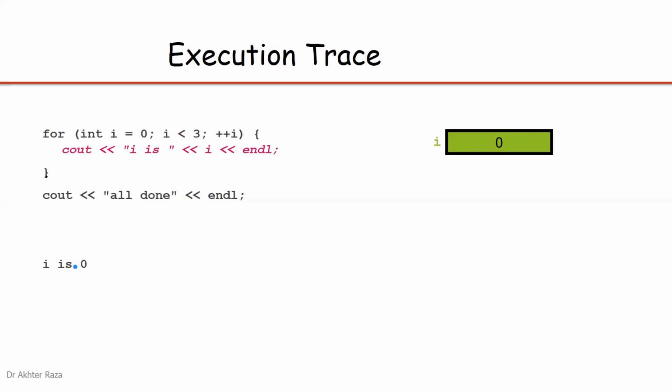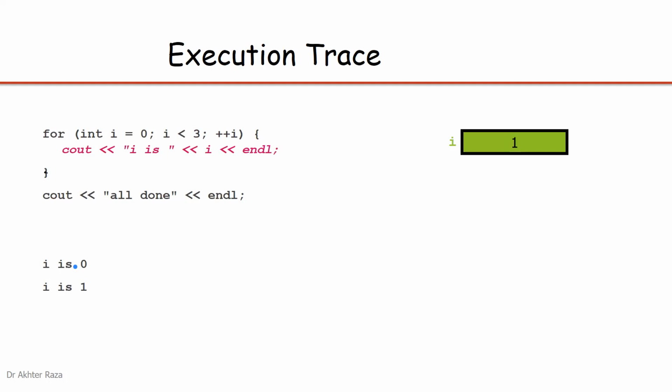Then at this bracket, it goes to the i plus plus. What will i plus plus do? When the bracket is executed, it goes out to the i plus plus, and 1 is added to i. So now you can see the new value of i becomes 1. Is 1 less than 3? Yes, it is less than 3. It comes again here, and i is 1. It will print i is 0, i is 1. Now on the screen, I have 2 lines.